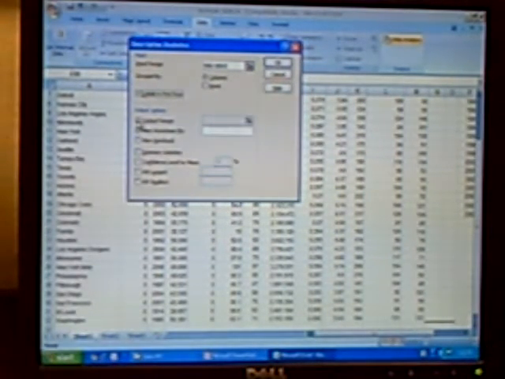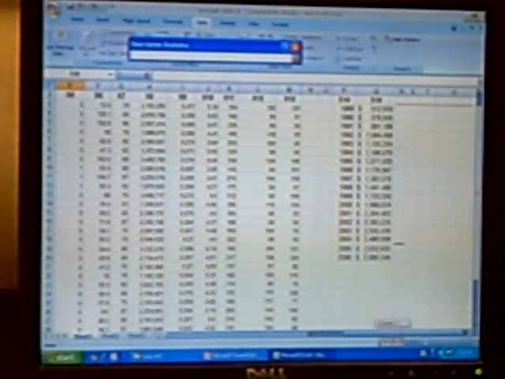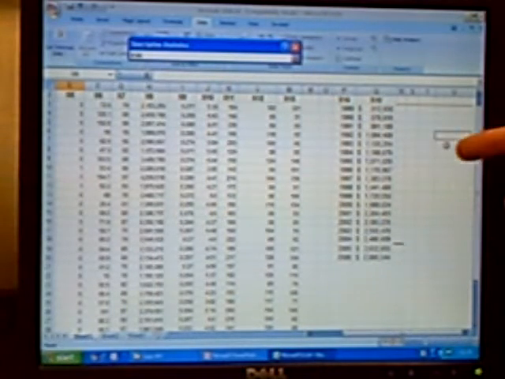Now, I want to put this on this particular screen. So I again click on the icon. I'm going to output range, and I'm going to scroll off to the side here, say at that point, and just click in that box, and that means that my output data is going to appear in this region, starting with that as the upper left cell. Again, click on the icon. I'm back to my window, and I want summary statistics. When I click OK,